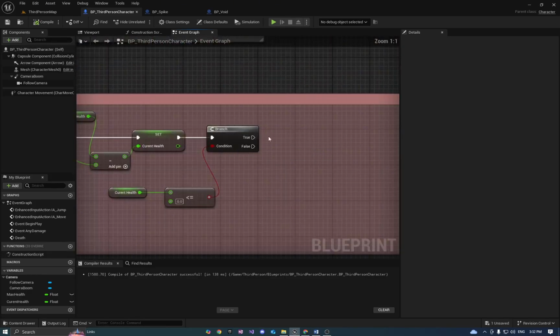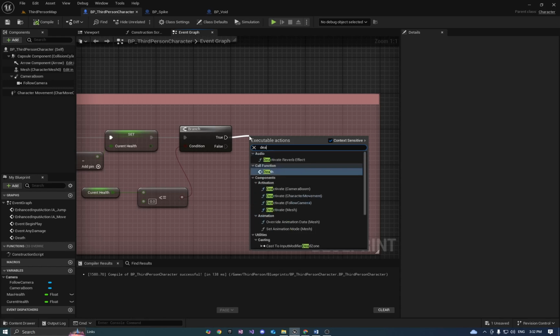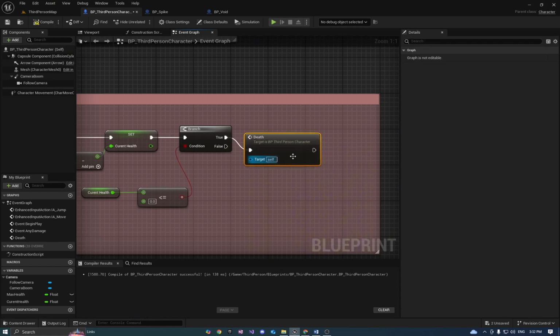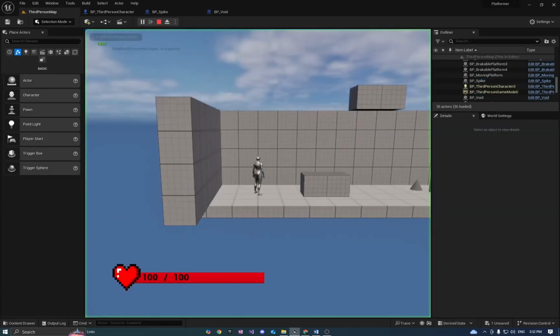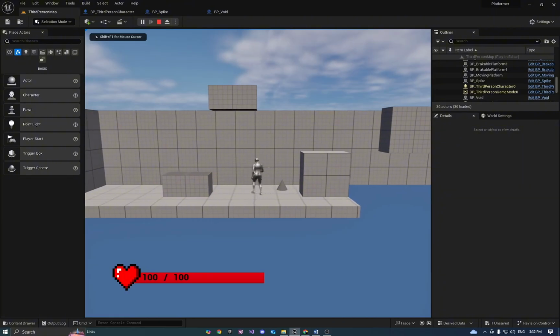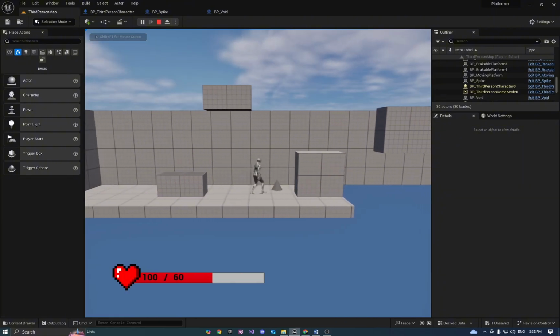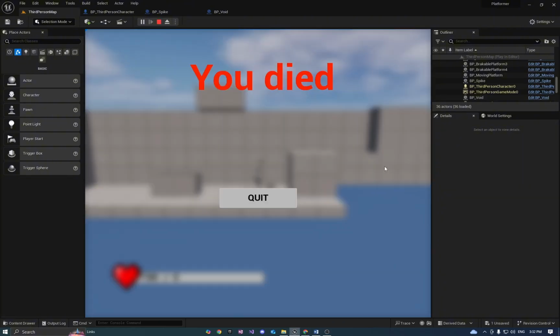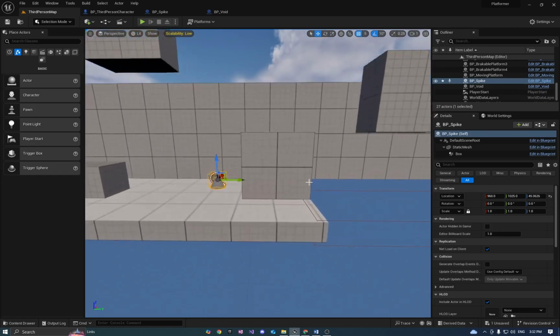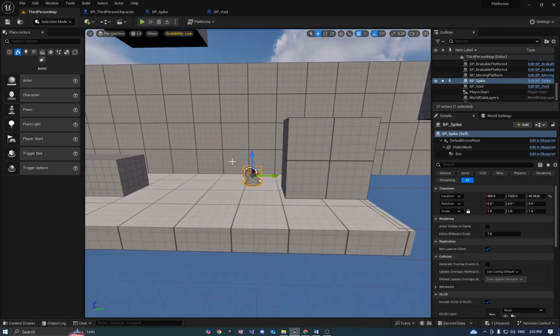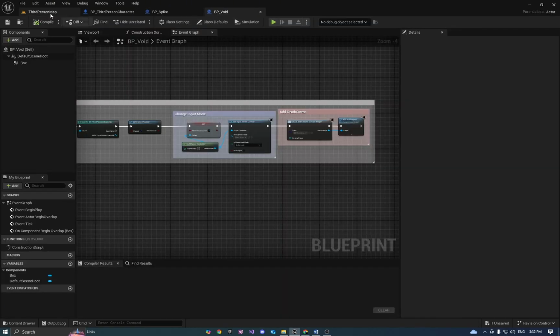So here on the branch, let's call that, you see, call function, and that's it. So now when we go and actually die, let's just test this. You see the game pauses and it says you die, you can quit. Nice. We made a spike trap, we made the